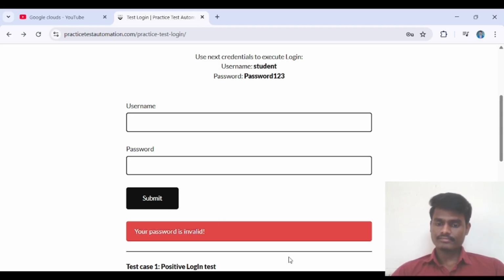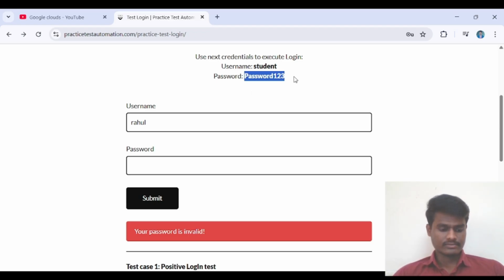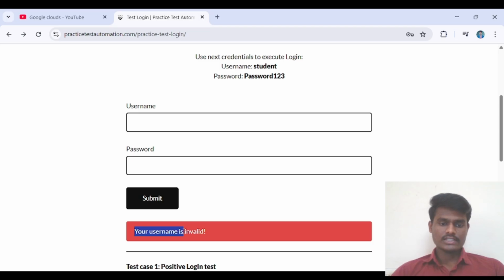So that's why if you give anyone invalid, you will get that error message only. Now if I give an invalid username and a valid password, what will you get? This is our valid password. Now you will get what? See, "Your username is invalid" because I have given the username wrong. That's why it's showing invalid username.